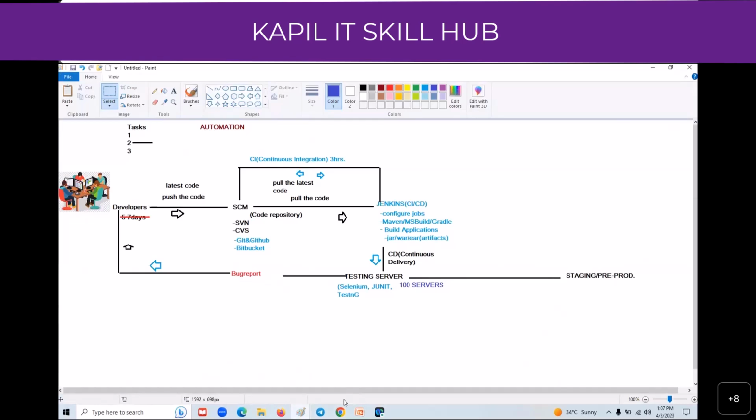How cost effective is it to buy these 100 servers? Also, how much office space would they require for that? It's a huge burden on the capital expenditure as well as the operational expenditure on the software organization, because to manage those 100 servers, we need to recruit the networking team, admin team, right? These are all additional expenses, a huge burden on software organizations.